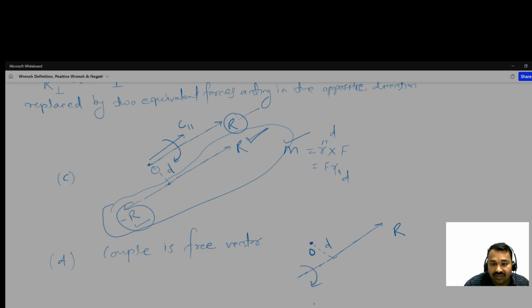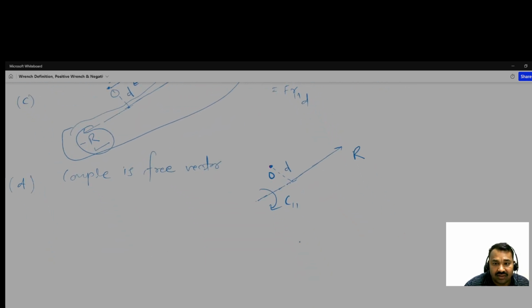Okay, in this way, C parallel, or simply if you want to replace this C parallel, then you can replace that by R, and it is suppose C or M. In this way we can replace. So now it becomes a wrench,